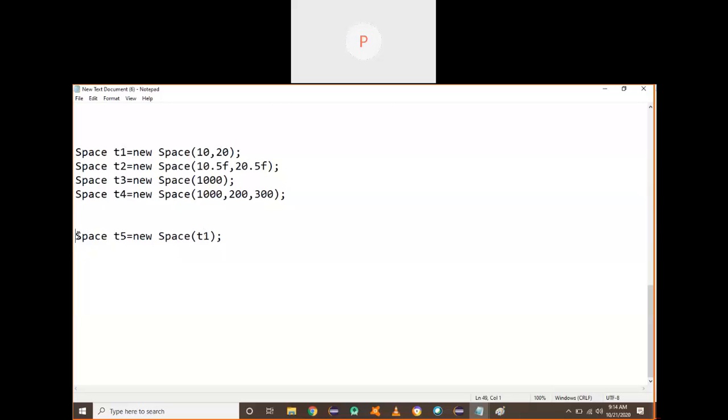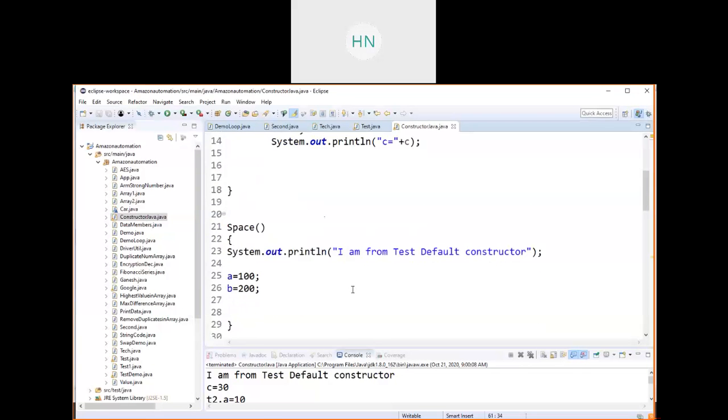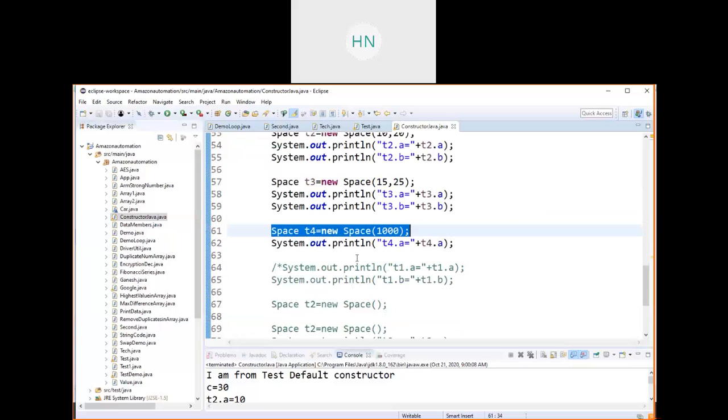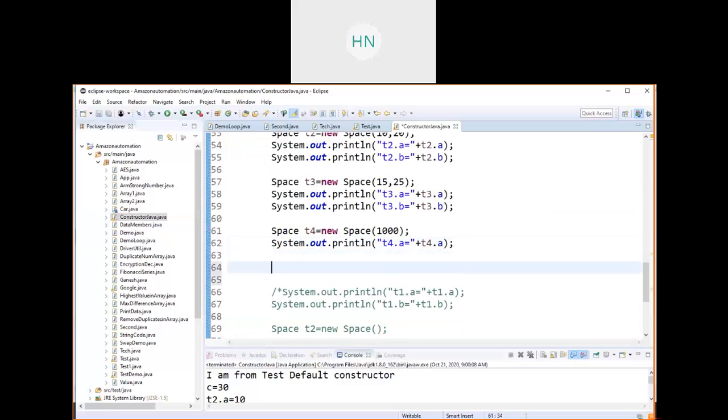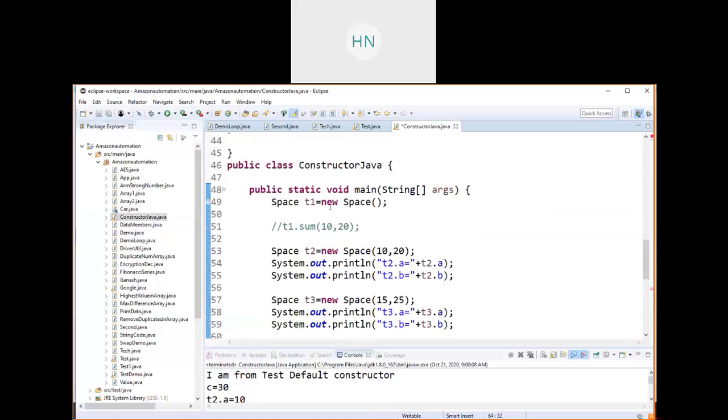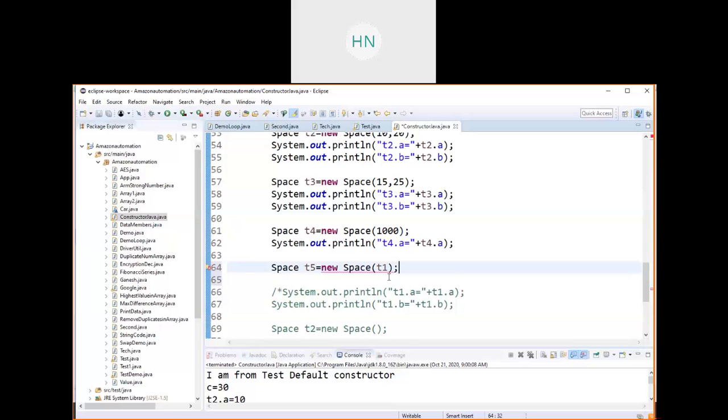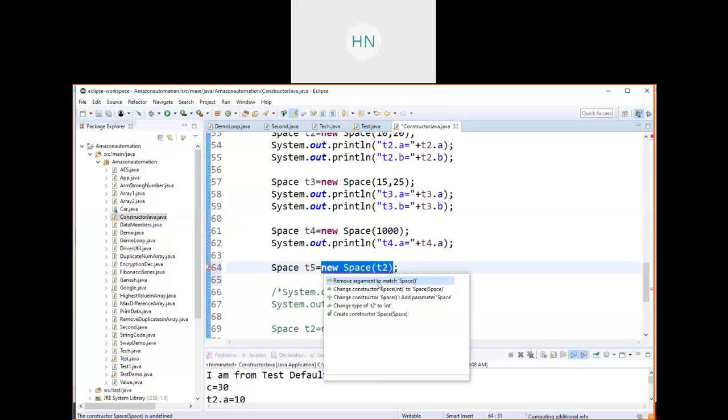If I write like this, what will happen? If I try to print t5 dot a, what values will you get? We will see on the console. T4 is over here. T5 we will take, T5 equal to like this. I am trying to print. Sorry, T1 is not having any values, right? T2, we will paste T2 here. It is asking to change the space into space of space.